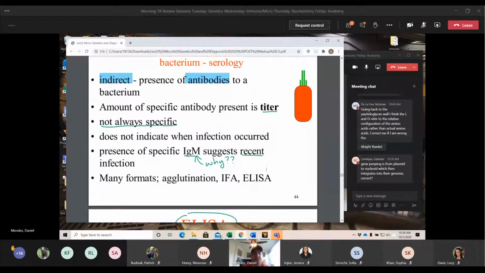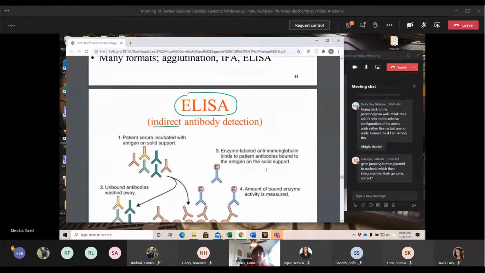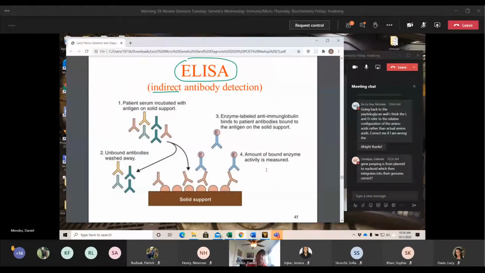and see why we would see a high number of IgM in a recent infection. So here's the indirect ELISA. The first ELISA that we were using was finding if we had antigen in the sample. This time we're going to take the serology and find out the antibodies that the patient has, what that antibody is actually for. So we're going to have a whole bunch of different antigens on a solid sample, and all these antigens are actually labeled to know what type of antigen it is.